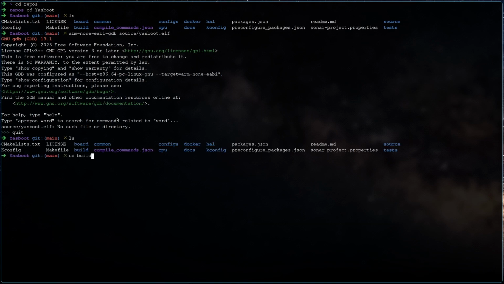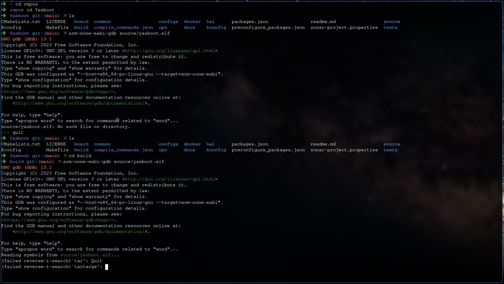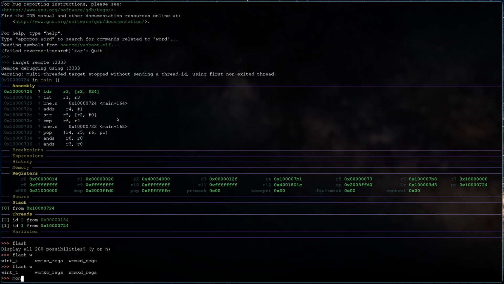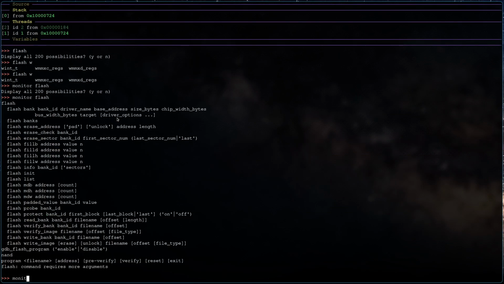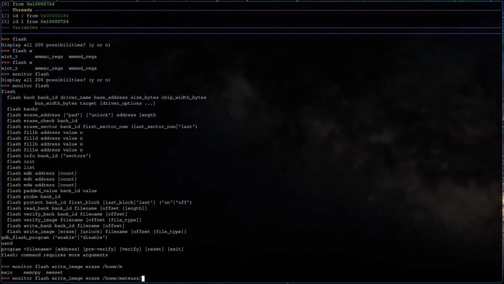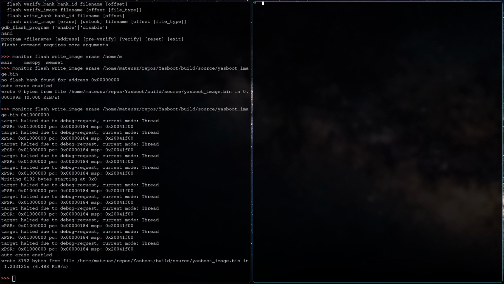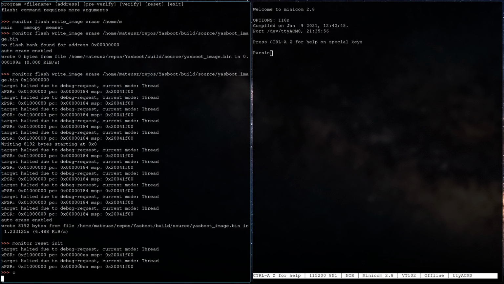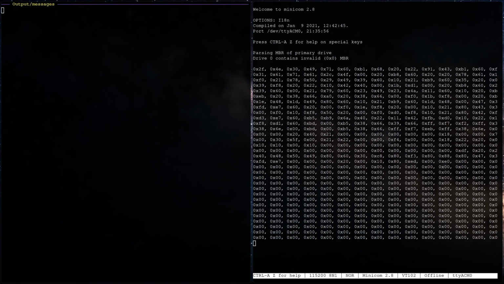However, we should expect the MBR validation to fail at this point, as we have not yet programmed the image with MBR information. Great, we have information that the drive contains an invalid MBR and a dump of memory, because the magic number does not match.